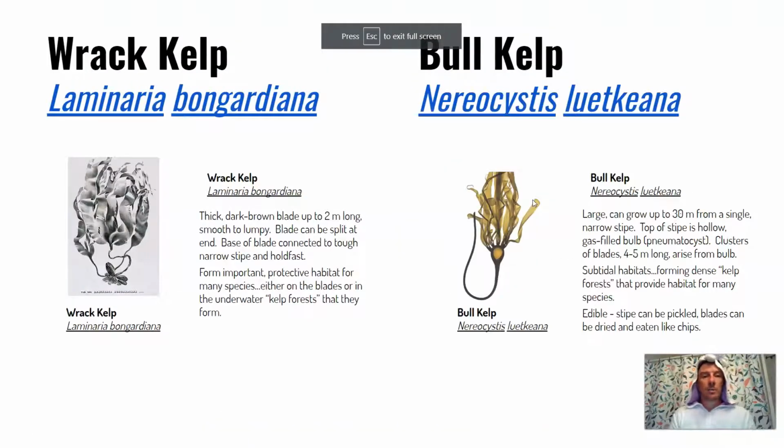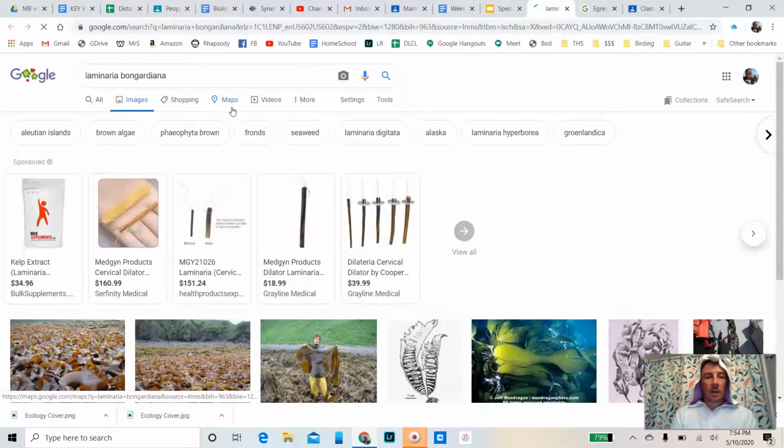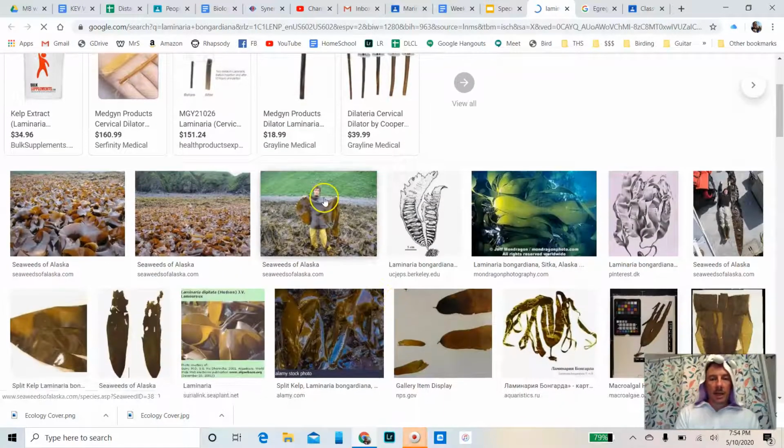Okay, two more on the list here. Rack kelp and then bull kelp. We'll start with rack kelp. So rack kelp, it produces these big, wide leaves that are only a couple meters long, but they can get really wide. Look at this. So 6 feet long, but I mean, 3 to 4 feet wide in places, these huge leaves, and it forms